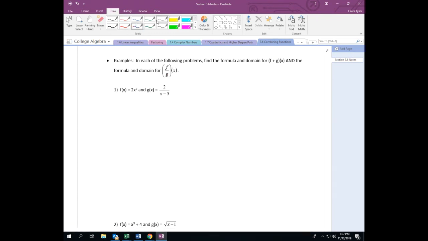So right off the bat, I'm going to list the domains for each one because I can. F of x is a quadratic. Quadratics have no issue, so we don't really have to worry about that one. G of x is a rational, and that one is one of the ones that we've had to deal with. Because f of x is a quadratic, its domain is negative infinity to infinity. The g domain is the issue,